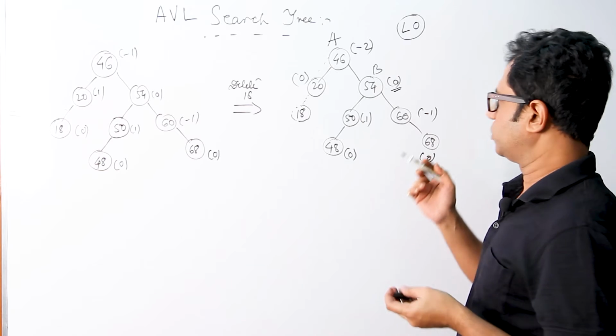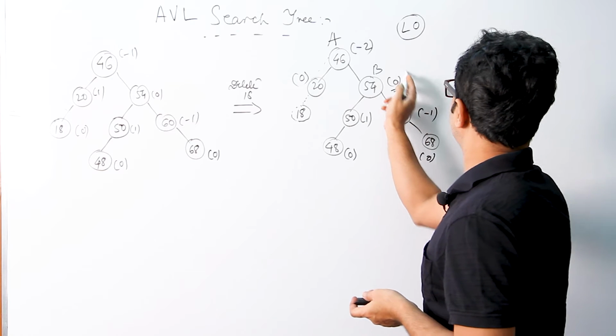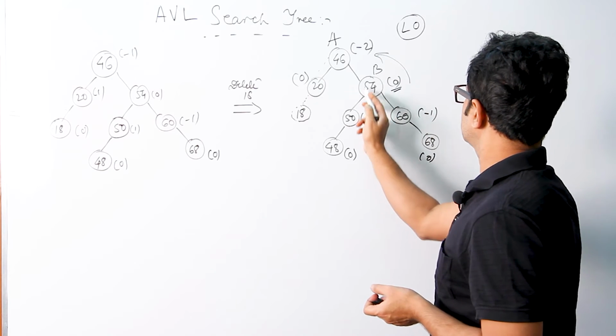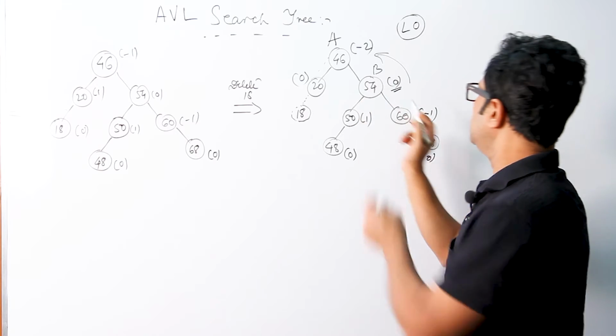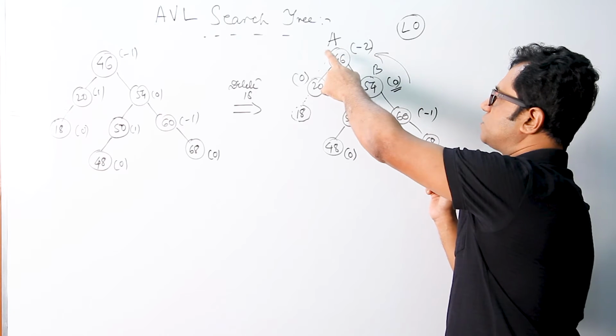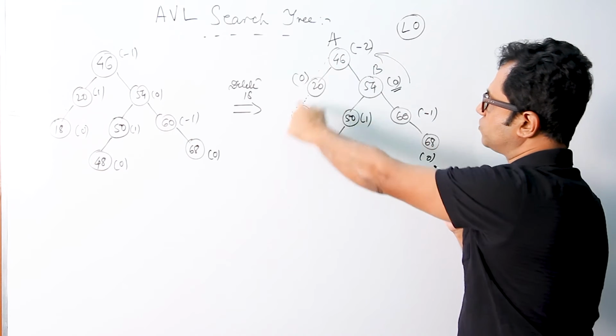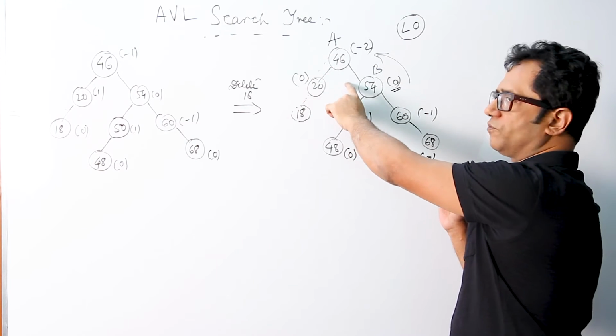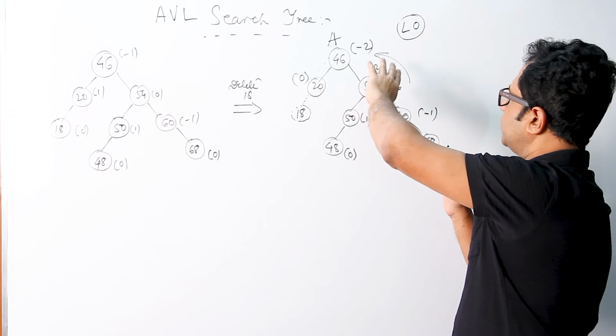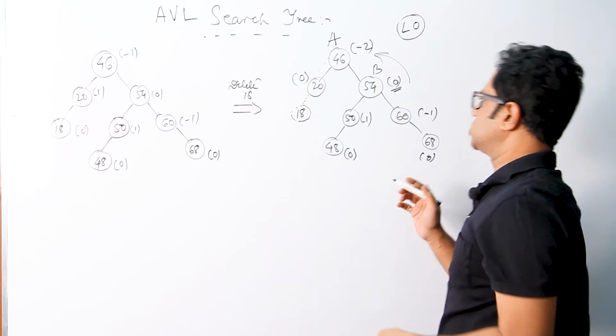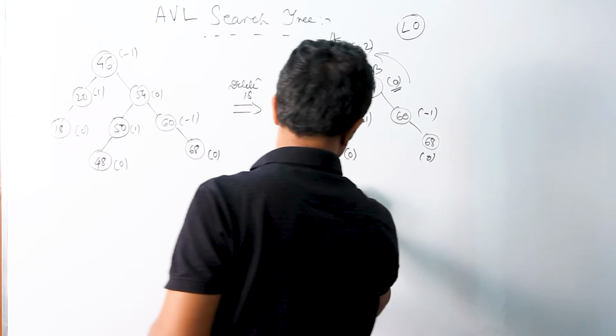in the case of the RR rotation, that is we will just pull this node B from the right side in an anti-clockwise manner, so that 54 comes to become the root and 46 will become the left child of 54. So in this way we can perform the L0 rotation. After performing the L0 rotation,